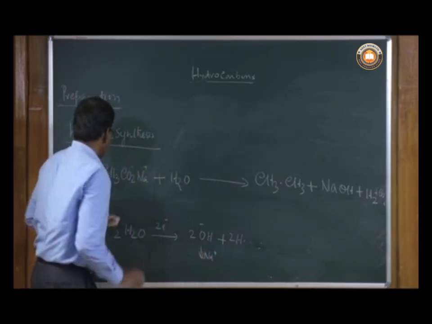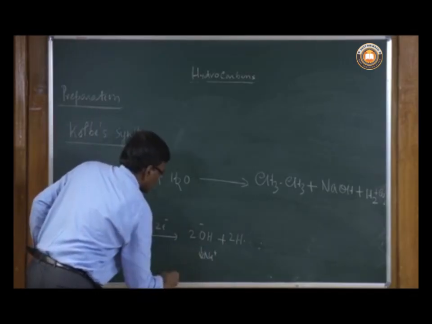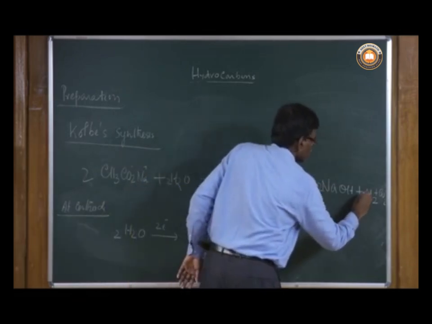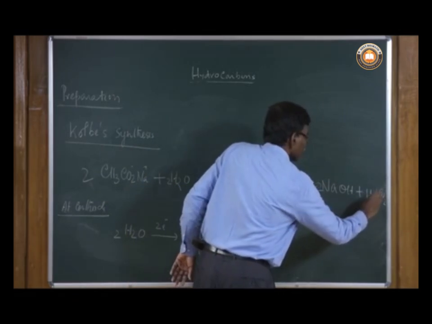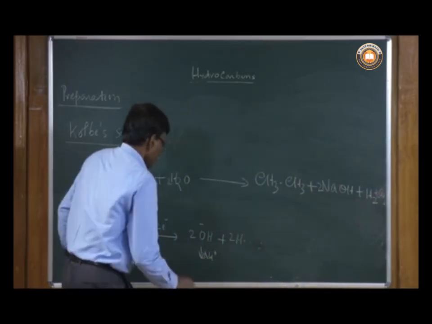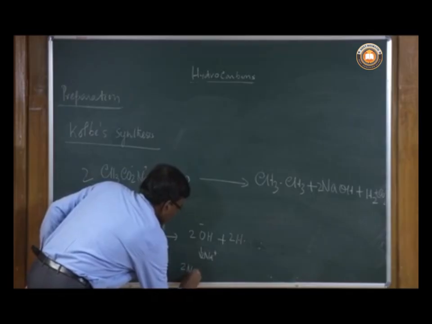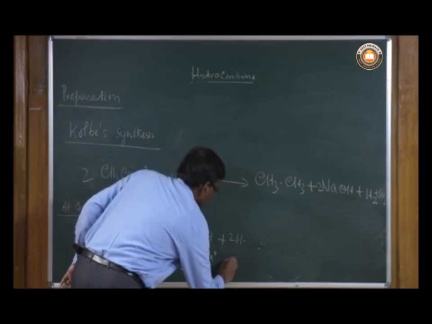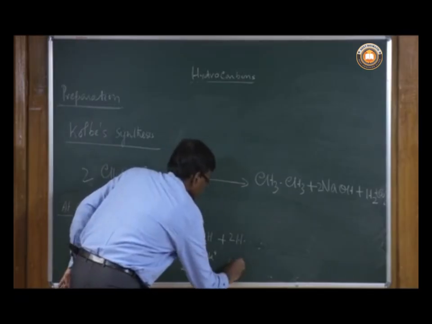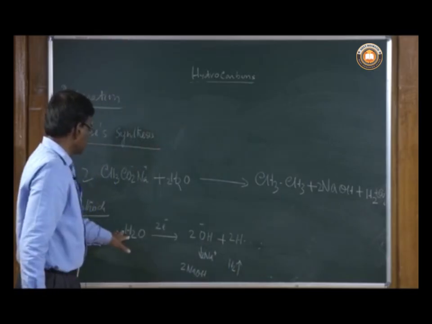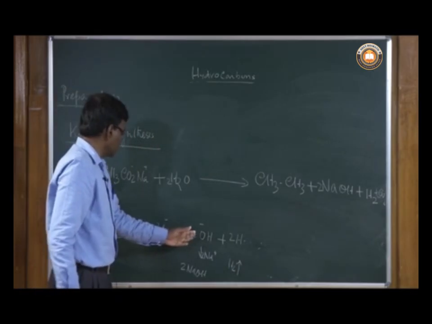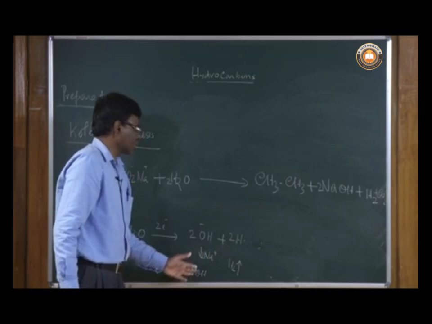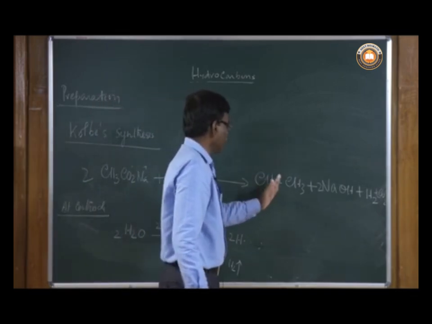The two H dots combine together, and you generate H2. So, at the cathode, it takes these two electrons, and water is converted into hydrogen gas and sodium hydroxide. At the anode you generate the alkane